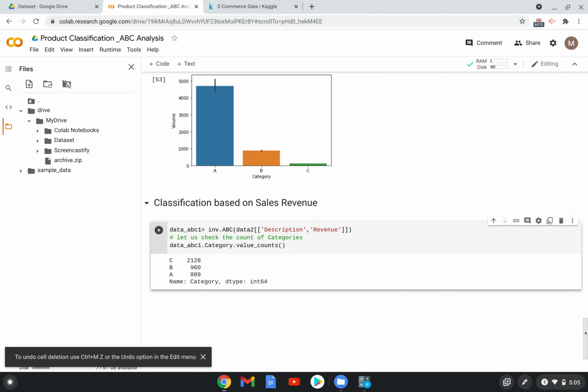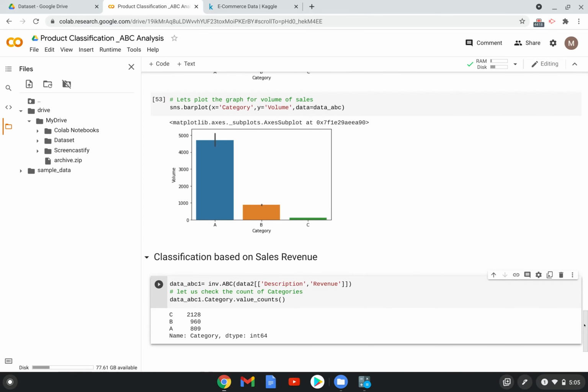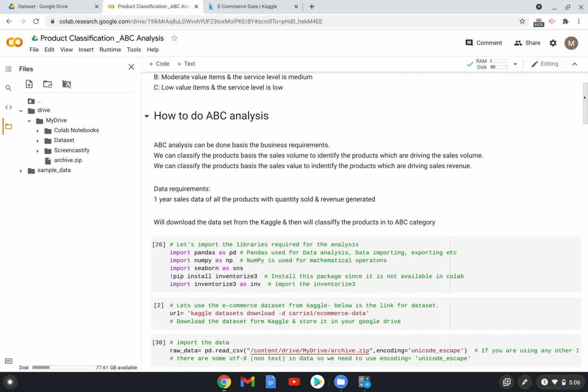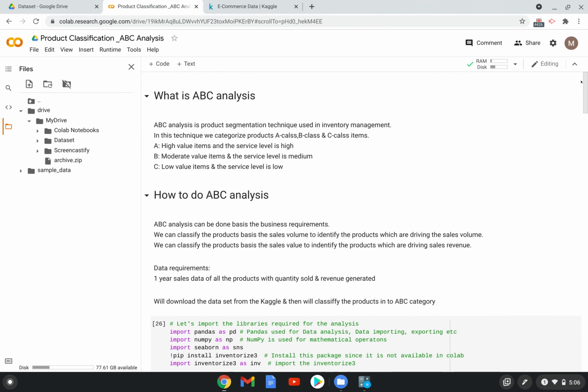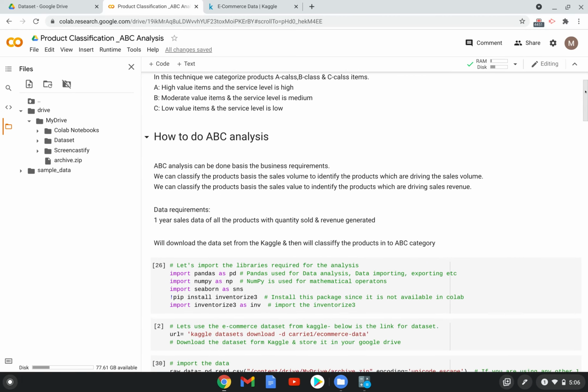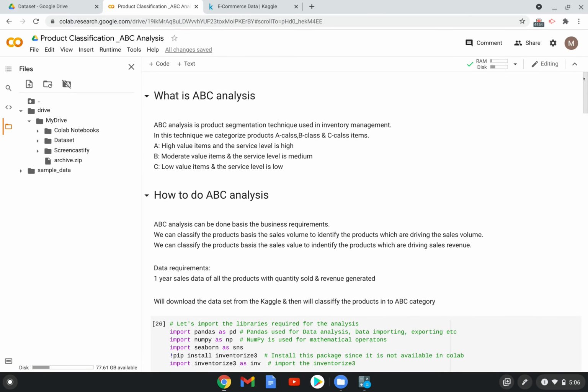Right. So this is all about product classification using the ABC technique by using Python. The advantage of this analysis, guys, is that if somebody assigns you a project to do this product classification, if the data set is larger, then you can definitely use this code as it is by just changing the data source, and if you need to, change the data frame names. This is like a ready-made code for you guys to do this analysis.